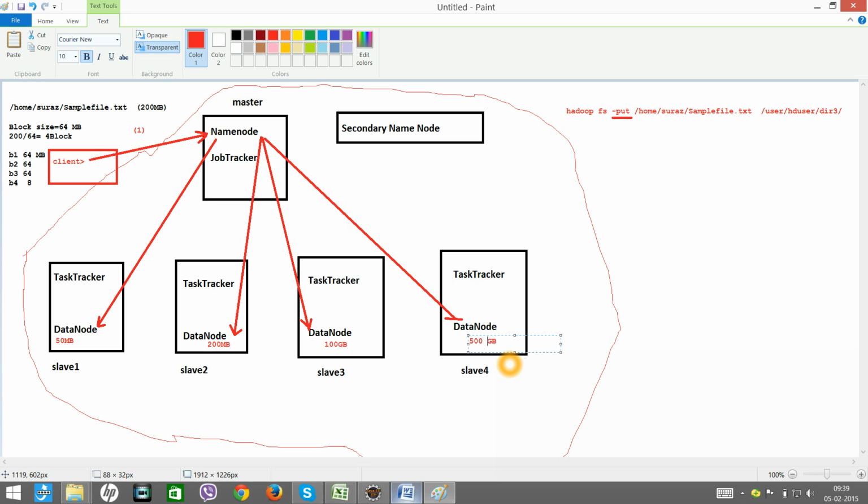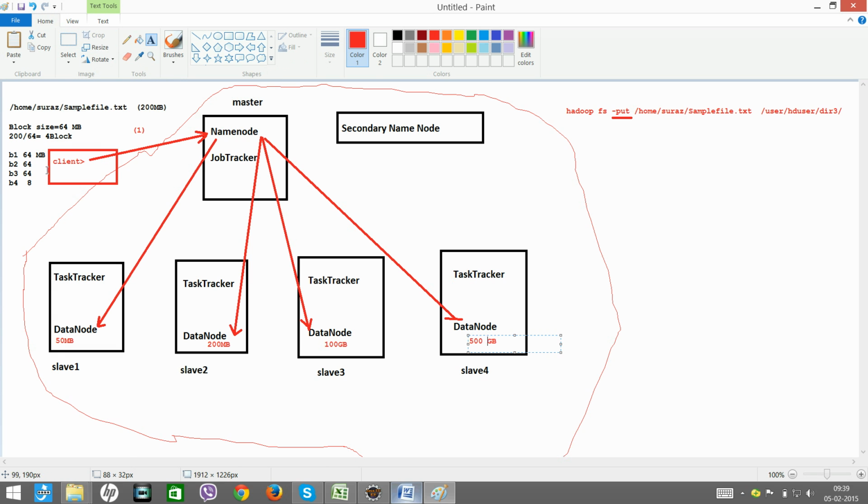Free spaces are available. So each data node will inform the name node. By the end of this communication, the name node will understand which data node has how much capacity. And then the name node will inform the same to your client.